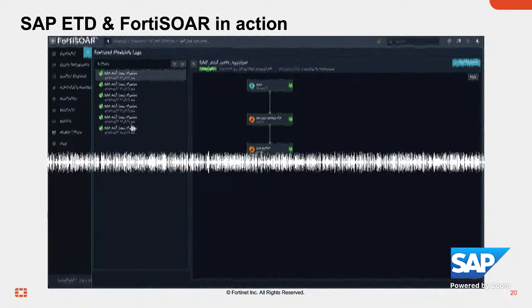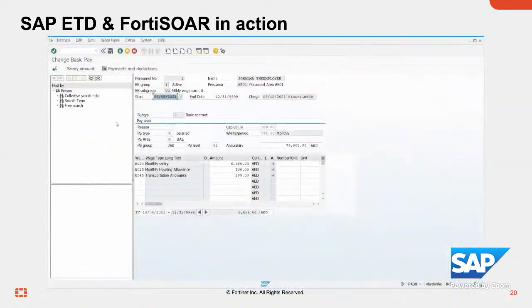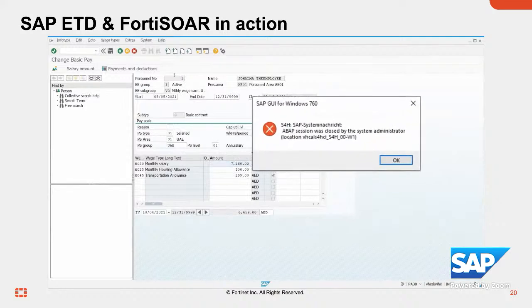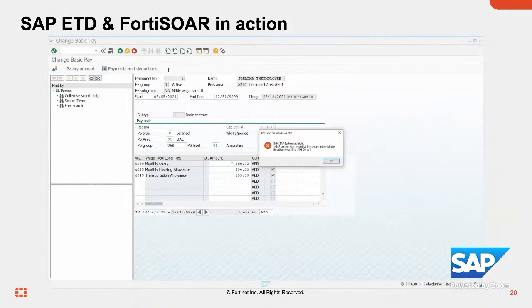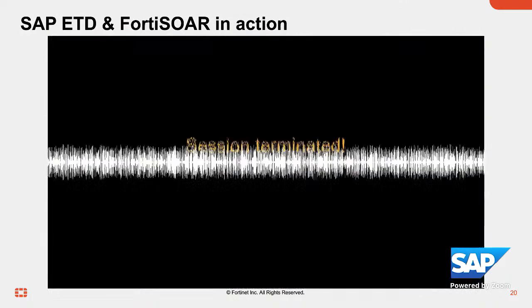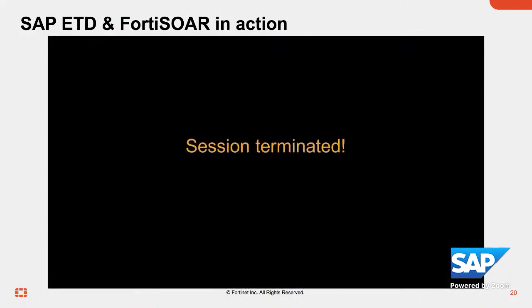And hey, Arne, how is it going? How are your changes ongoing? Yeah, my change is ongoing, but the next step you will see here is exactly what is happening to the user. The system session is going to be terminated. And the screen will turn black now because I'm locked out of the SAP system. Session terminated. So, Julian.